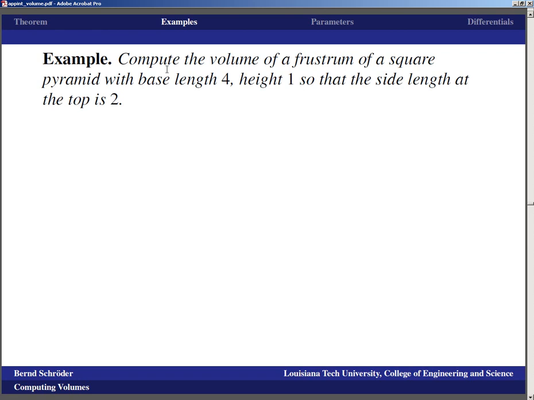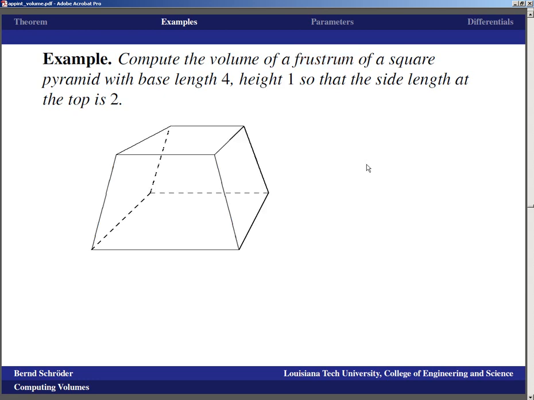So the next thing I'd like us to do is compute the volume of a frustrum of a square pyramid with base length 4, height 1, so that the side length at the top is 2. And especially in the English language, first thing that you realize is what on earth is a frustrum? Well, a frustrum is a pyramid where somebody cut the top off. So the frustrum of a square pyramid looks like this. A square pyramid has a square base, and then everything goes up to that top point somewhere, and in a frustrum, you've cut off the top,